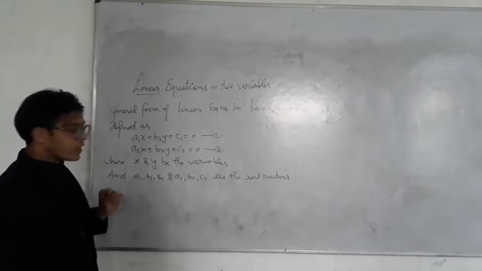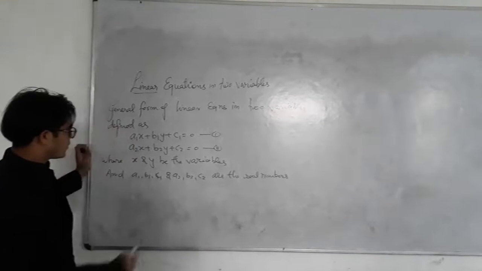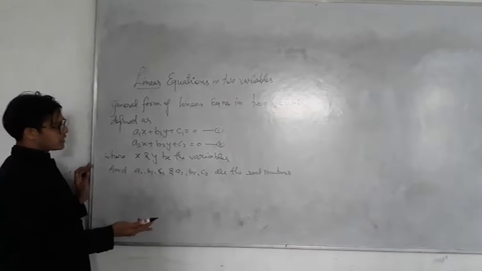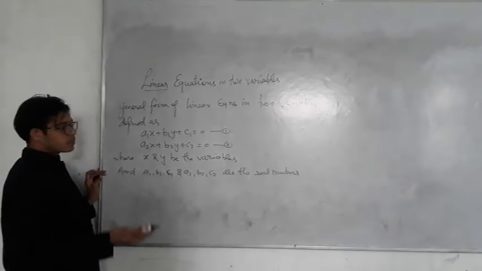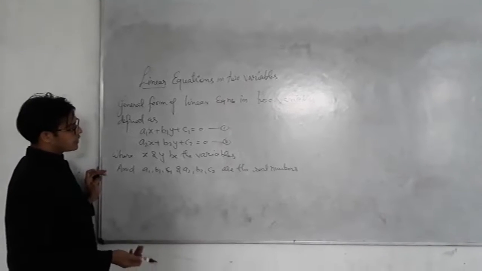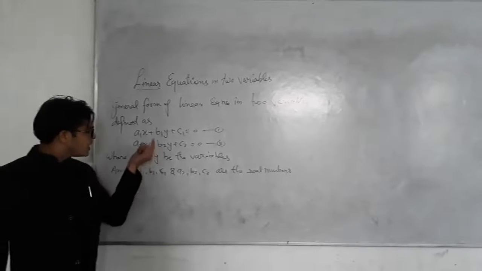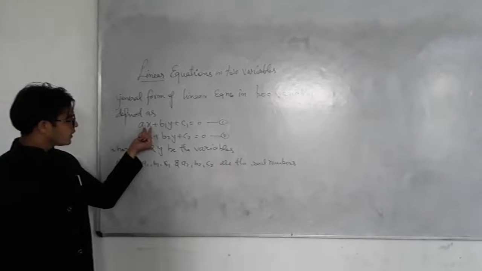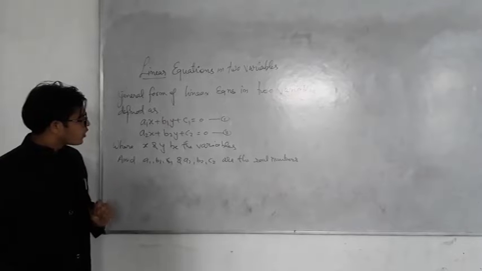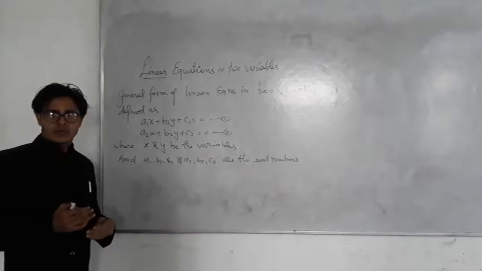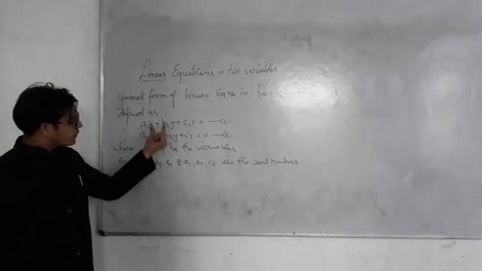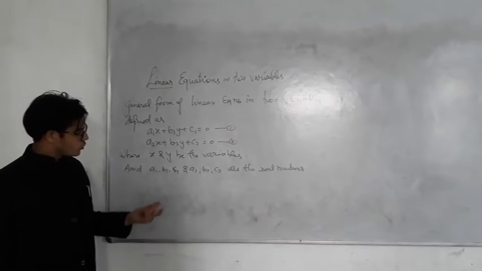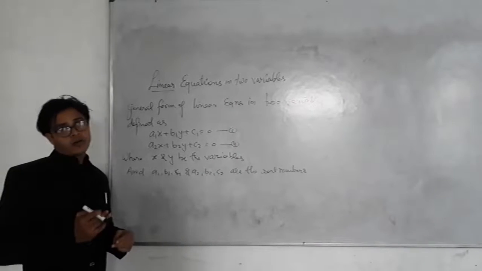You can solve equations 1 and 2 by different methods like elimination, substitution, cross multiplication and graphical methods. You will obtain the solution of the system of linear equations, which means you will find the values of x and y. Without solving, we want to check whether the system of linear equations has a unique solution, many solutions or no solution. So what will be the conditions for all these?